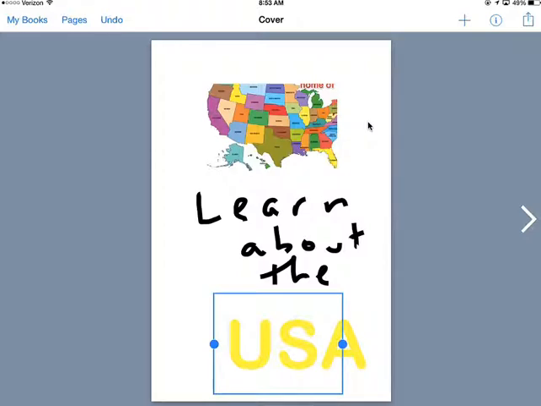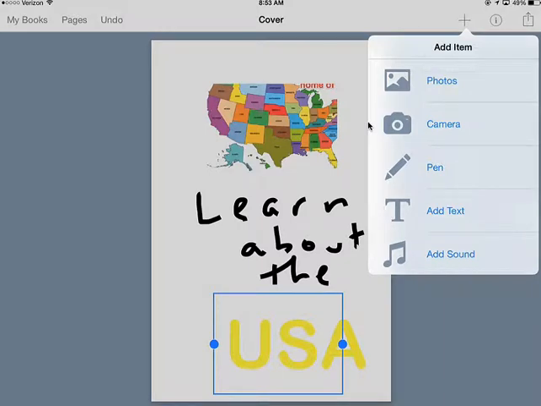and do things. Okay, I'm going to add a sound to this by going plus and then add sound,